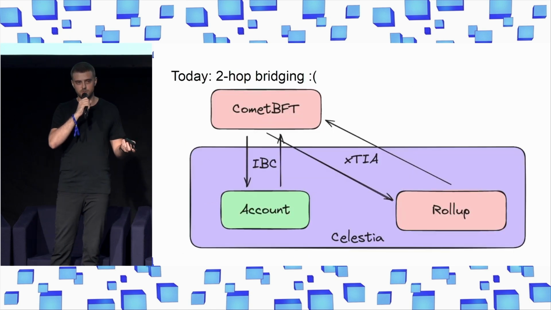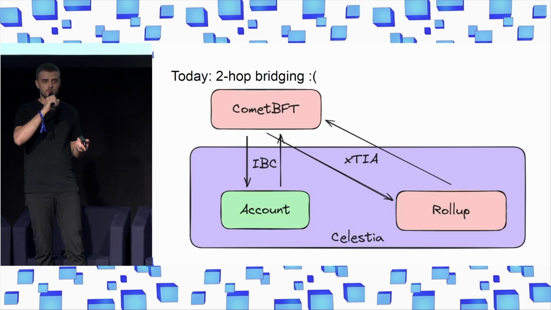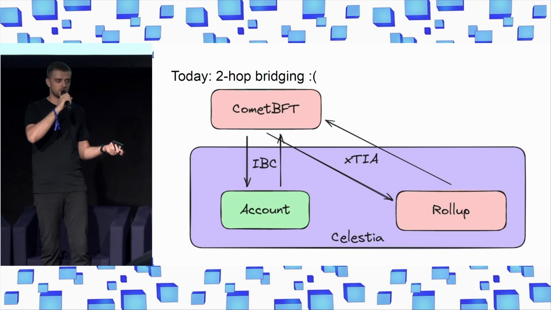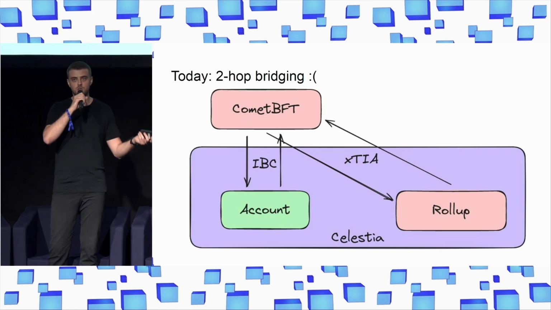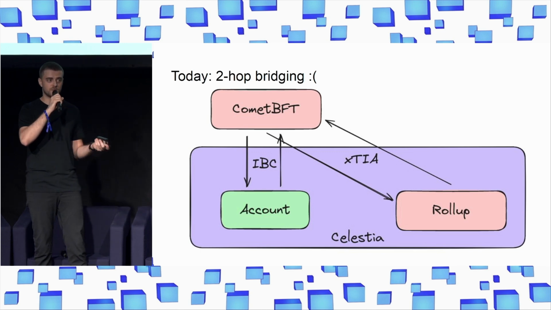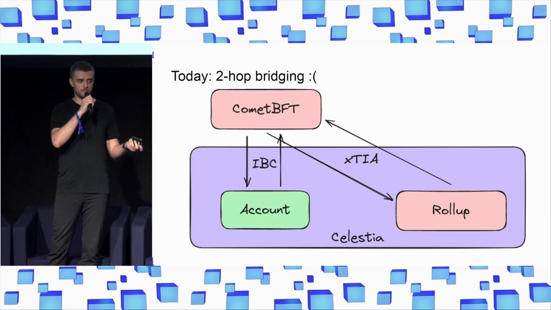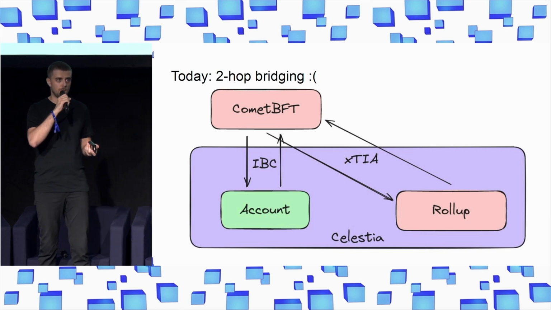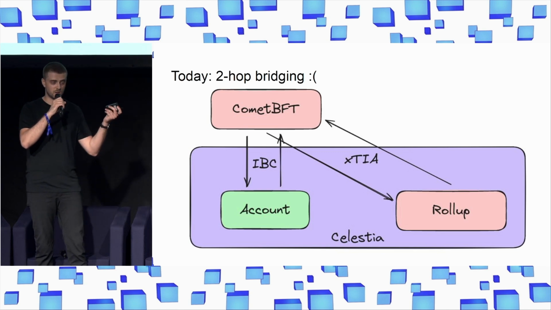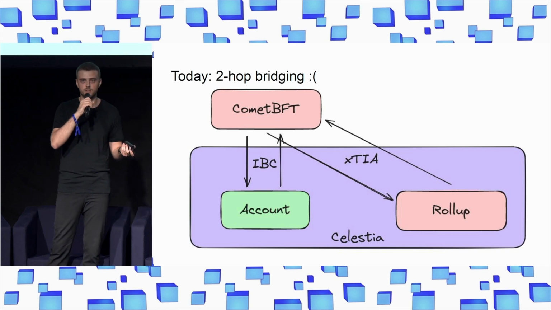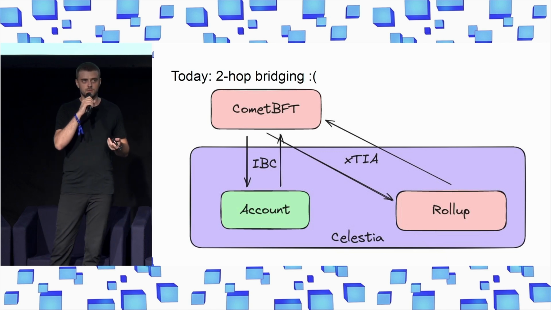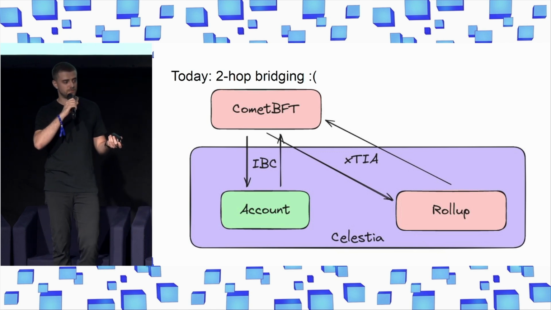Currently, this is not great, right? If you want to have TIA on a rollup, you would have to use IBC, which is enabled at Celestia, go through a CometBFT chain, and then to a rollup. And you add a path dependency and an intermediary. And if the chain is not trust minimized, the CometBFT chain doesn't allow end user verification, you are basically not following the core values.